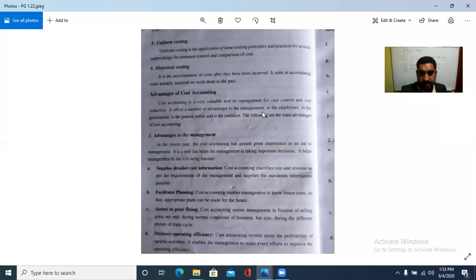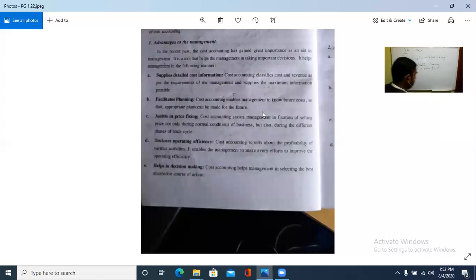Then discloses operating efficiency. It reports about the profitability of various activities, enables the management to make every effort to improve